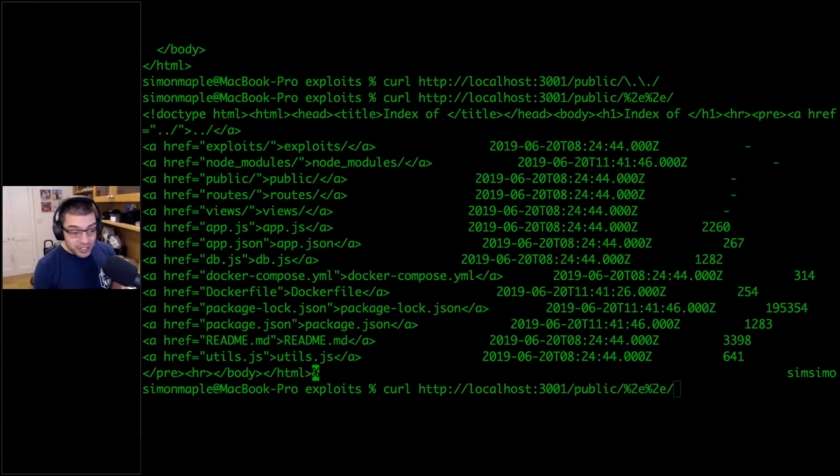Awesome. So what would you do now as an attacker? Okay, you're an attacker. What are you going to do here? Are you going to try and find some information about the app, about the environment? What would you do to learn more about this system? Because when we think about it,